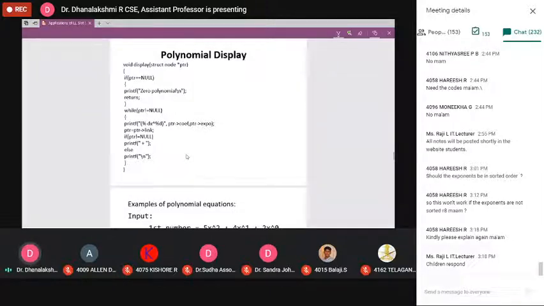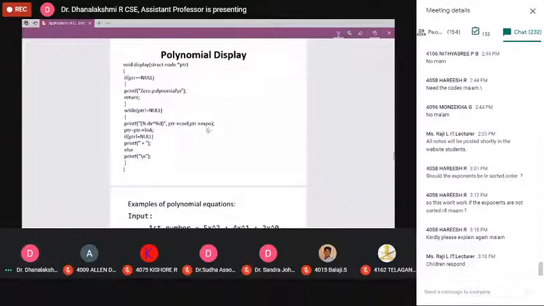A node has 3 parts, and we have to print the coefficient part as well as the exponent part. So I am using %d and %d. Whatever syntax you want, you can give inside this printf statement. I need coefficient x to the power exponent, so ptr of coefficient, comma, ptr of exponent.